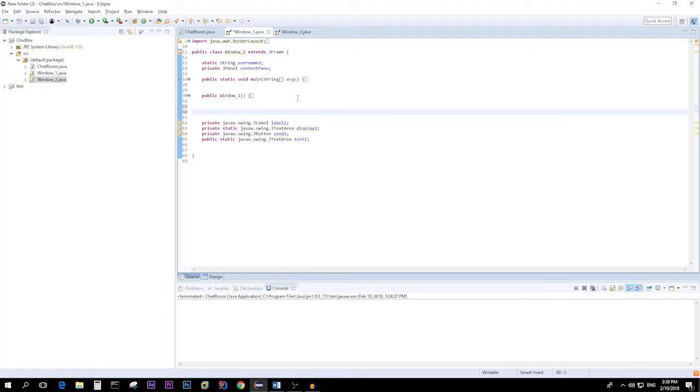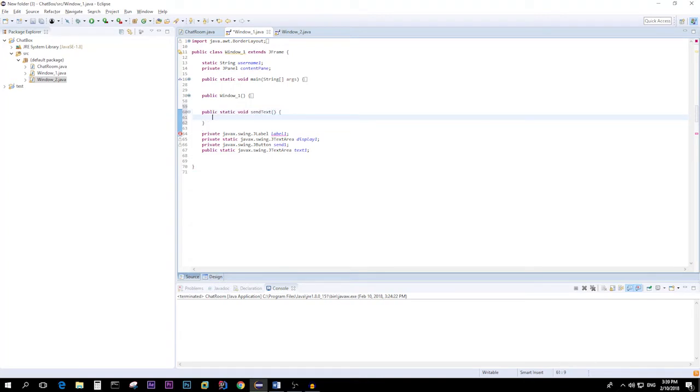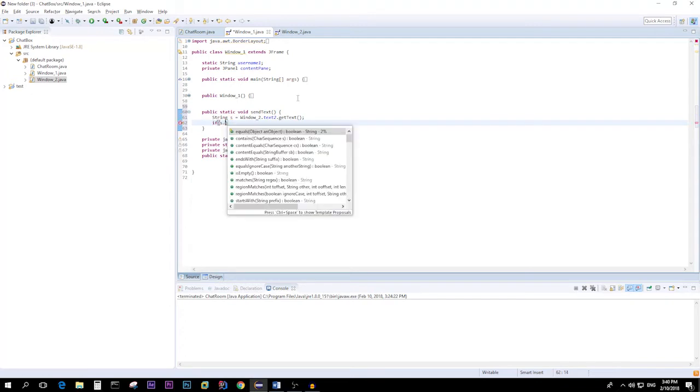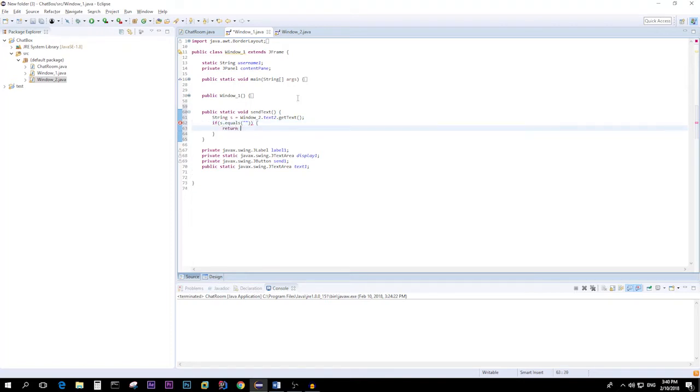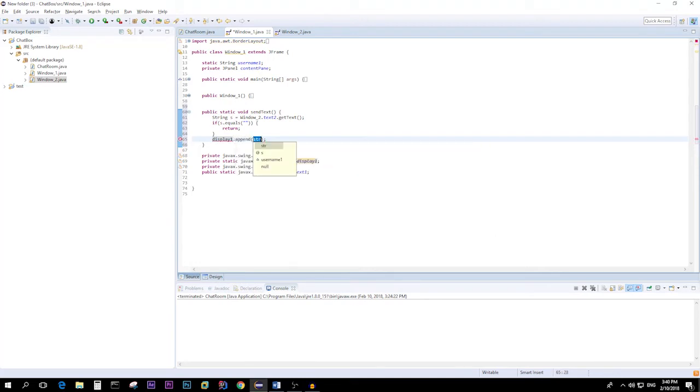Our first method will be called sendText. We'll make a public static void sendText. And let's open the method body. Here we'll have a new string called s, and it will be window2.text2.getText. We're going to make a check: if s.equals with empty parentheses, then just return. And after that we're simply going to have display1.append